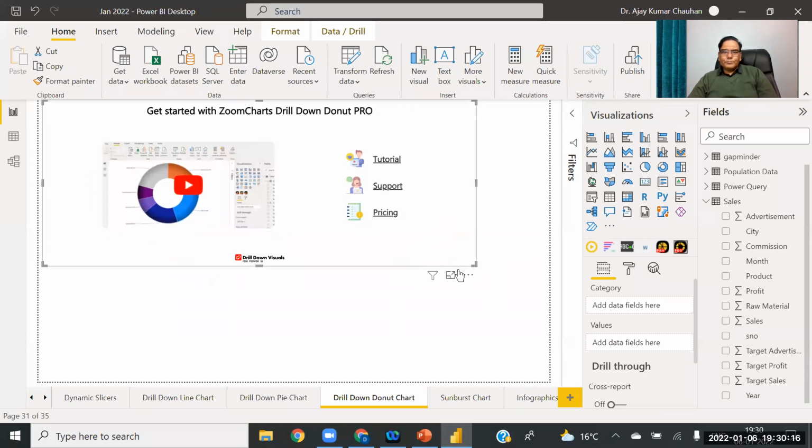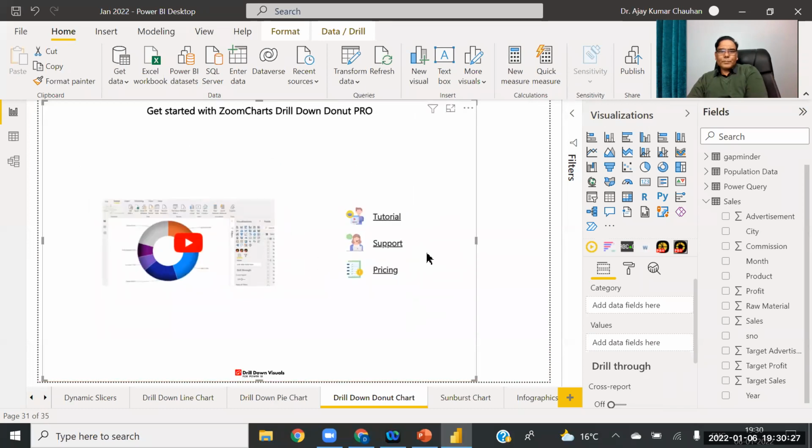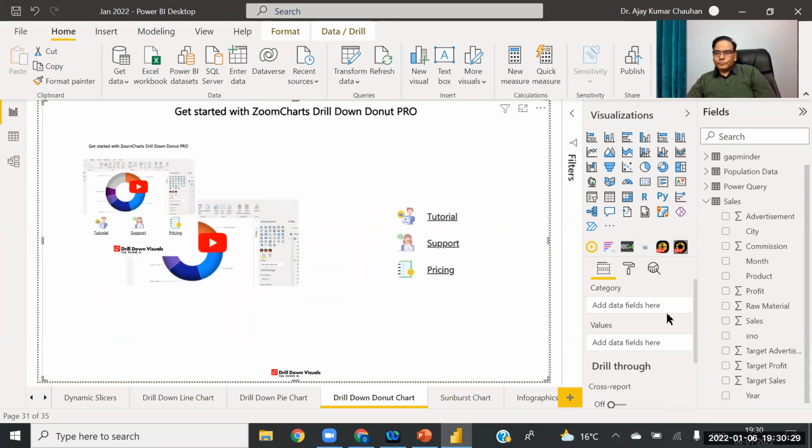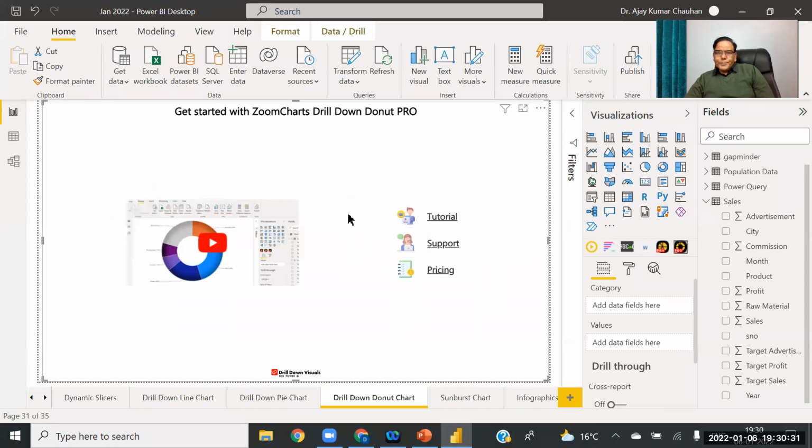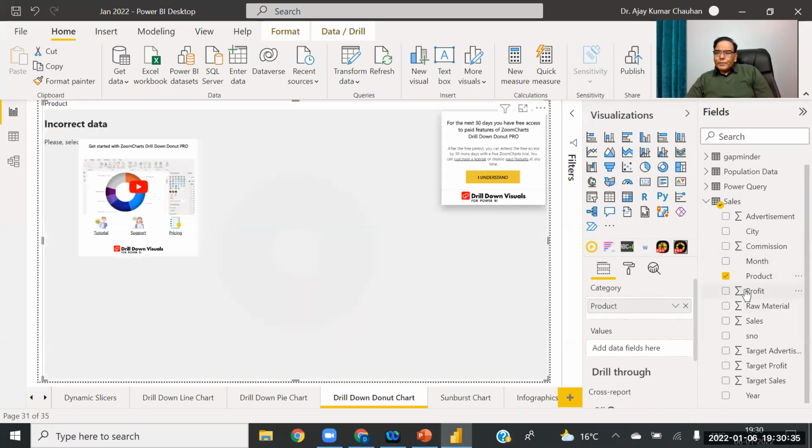So it is behaving differently. Okay. Product, city, and values.